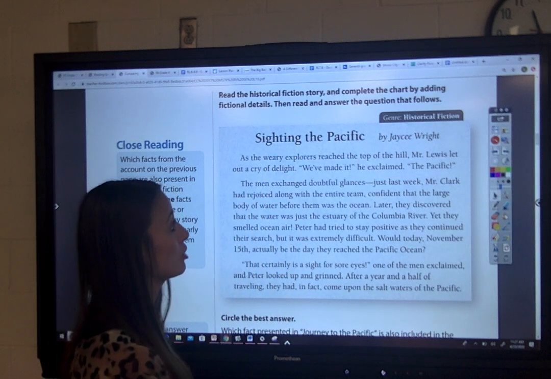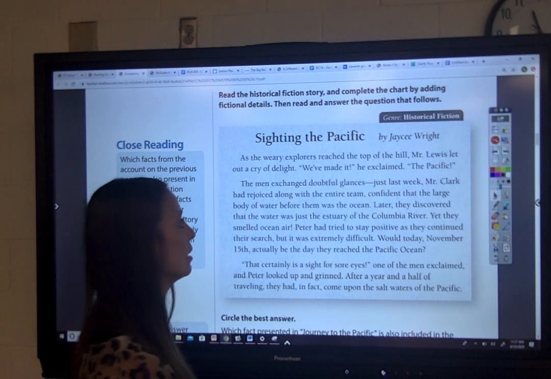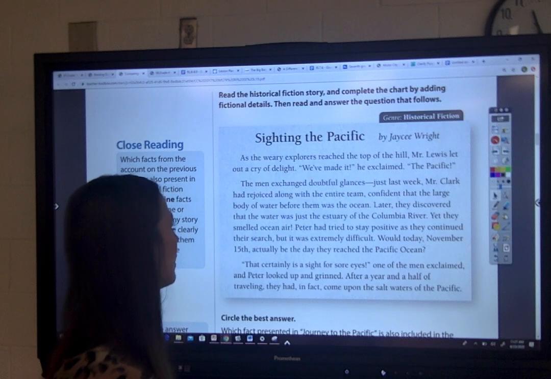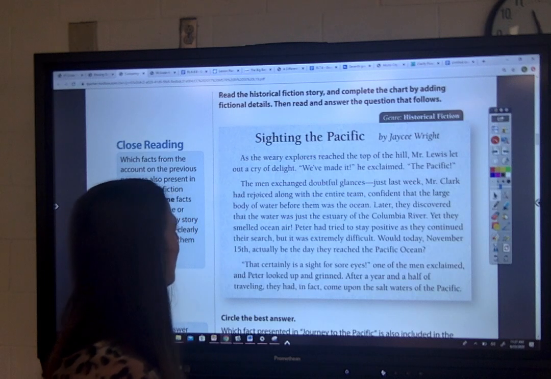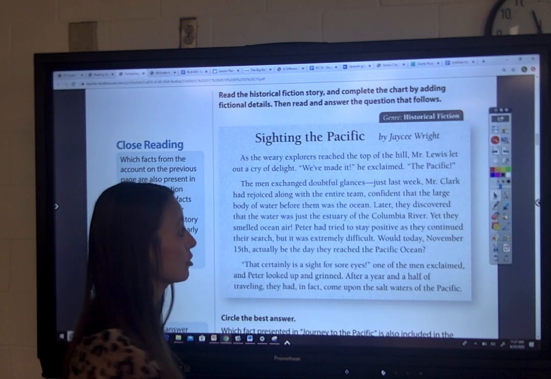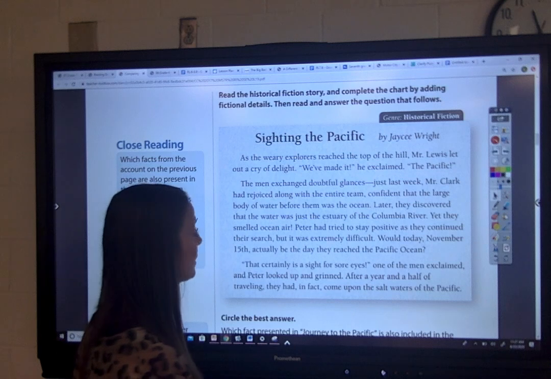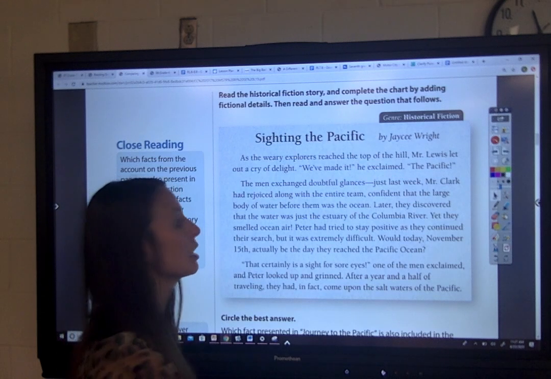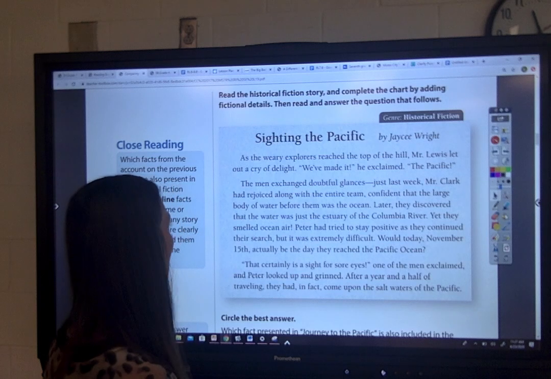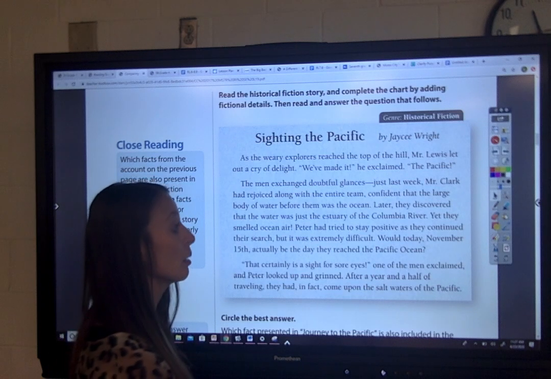Sighting the Pacific by J.C. Wright. As the weary explorers reached the top of the hill, Mr. Lewis let out a cry of delight. "We've made it," he exclaimed, "the Pacific." The men exchanged doubtful glances. Just last week, Mr. Clark had rejoiced, along with the entire team, confident that the large body of water before them was the ocean. Later, they discovered that the water was just the estuary of the Columbia River,